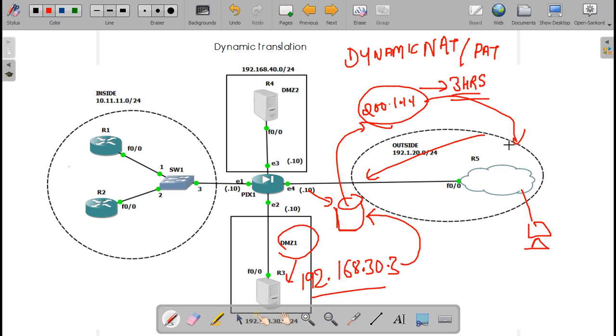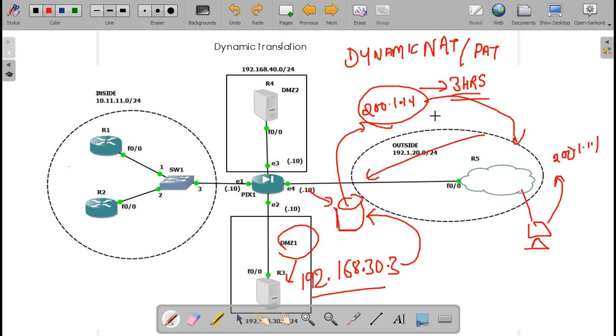What after 3 hours? For 3 hours, yes, a client can access you on, suppose, 200.111. What after 2 or 3 hours? Your IP will change to maybe 2 or maybe 10, anything. Then how will you start?